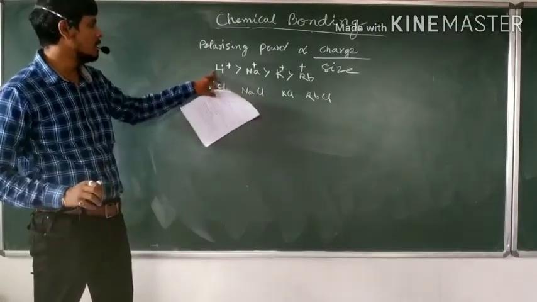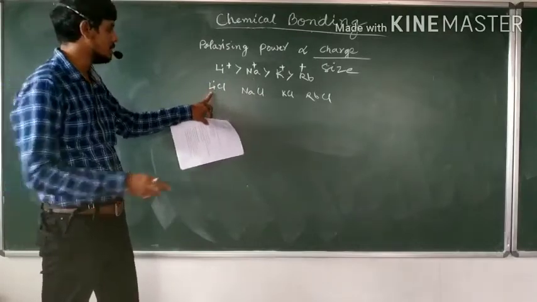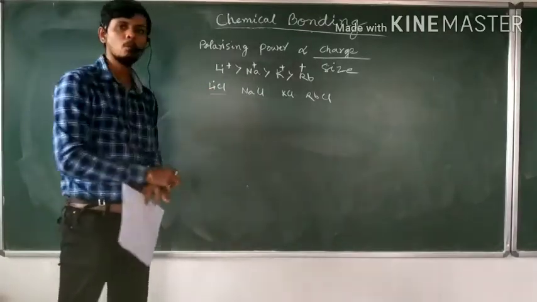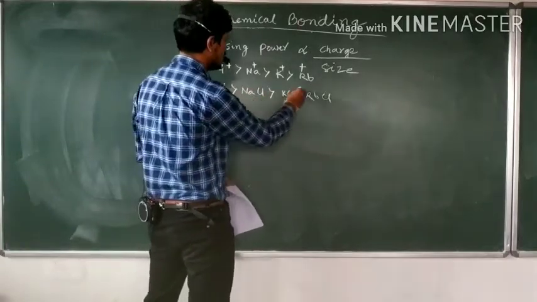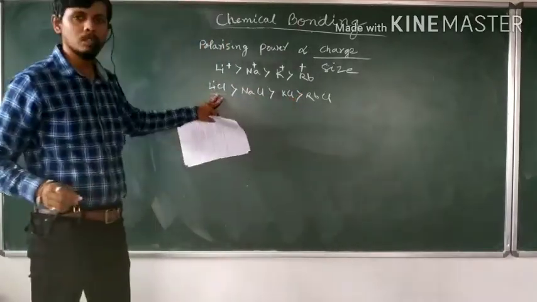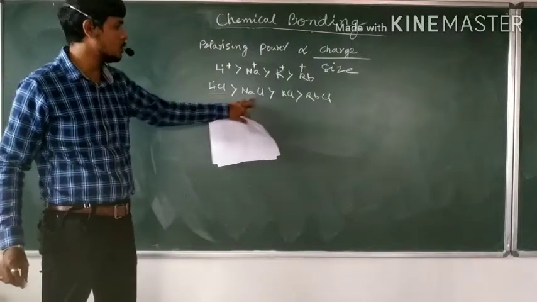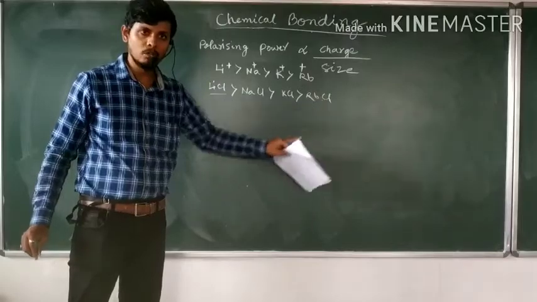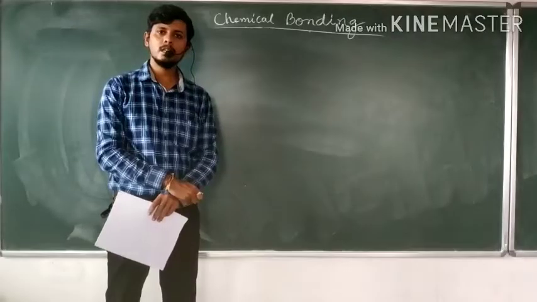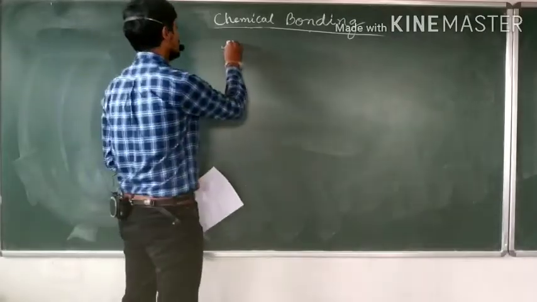That means lithium has more polarizing power. That means lithium chloride will be more covalent, followed by NaCl, KCl, RbCl. So this is the most covalent among the four. This is the most ionic among the four. In the same way, if I consider anions,